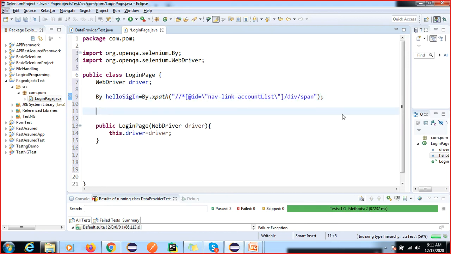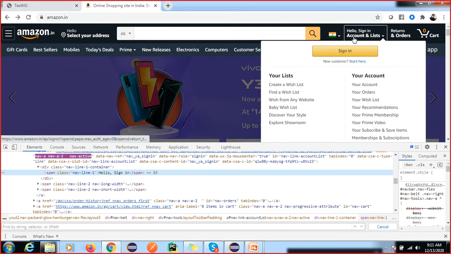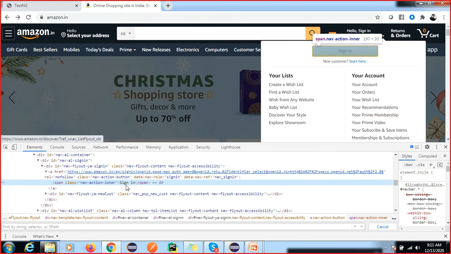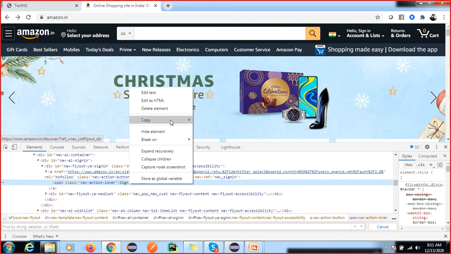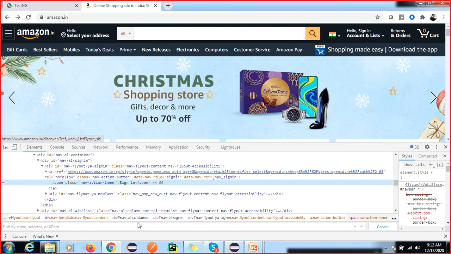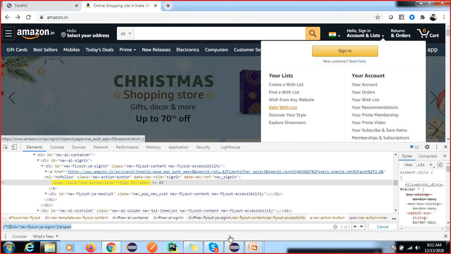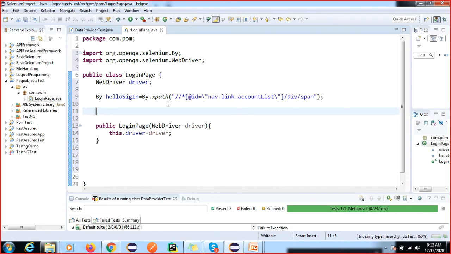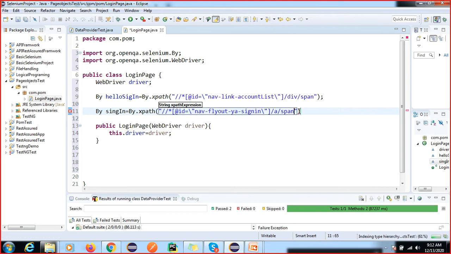This is the first element you have to find, then again sign in. So this is your sign in. And you should do the naming convention properly, because when you use it in your script, if you do not do the naming convention properly, then you will be confused again. So By signIn, By.xpath. Naming convention is very important.